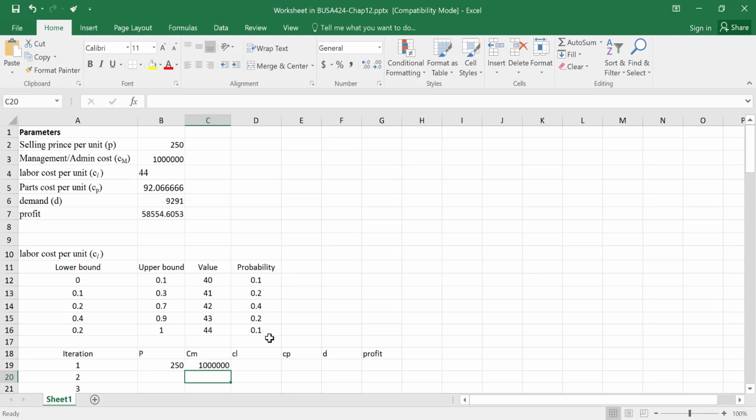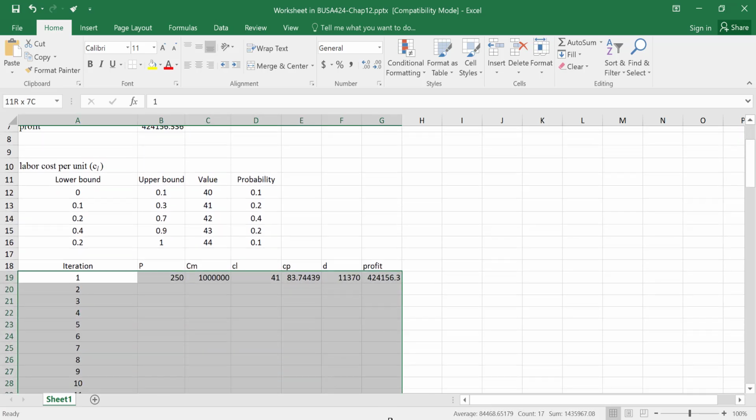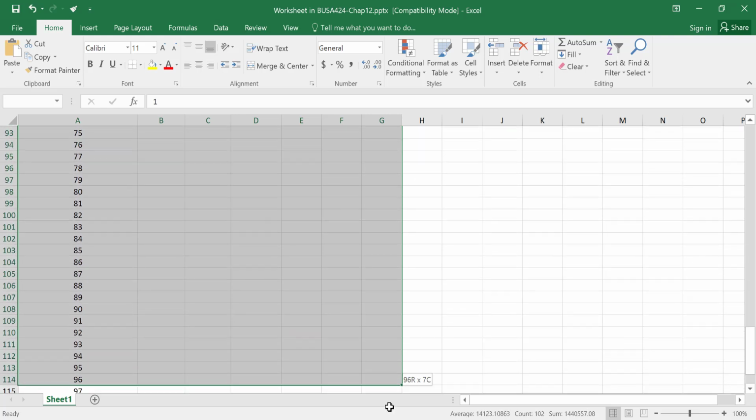Then we have the CN, then we have the CL, so you put their values here. Then we have the CP, then we have D, which is the demand, and then we have the profit. So to do the simulation and do all of this 100 iterations, you select all of these cells,